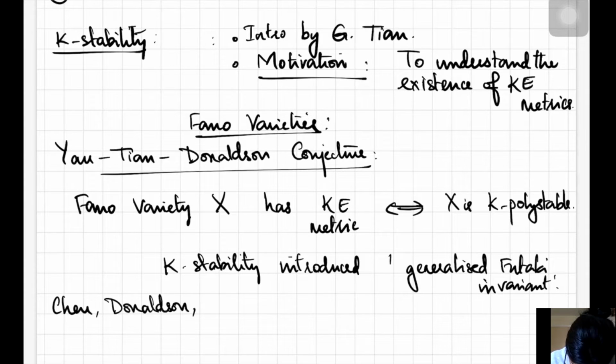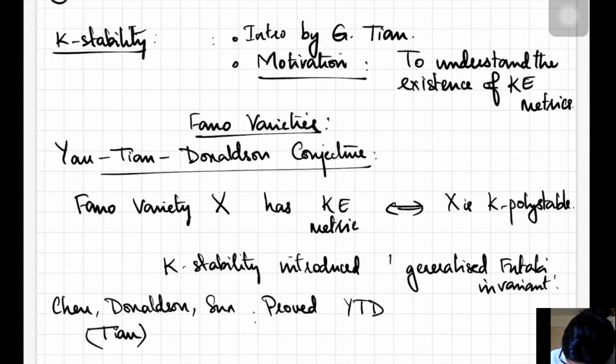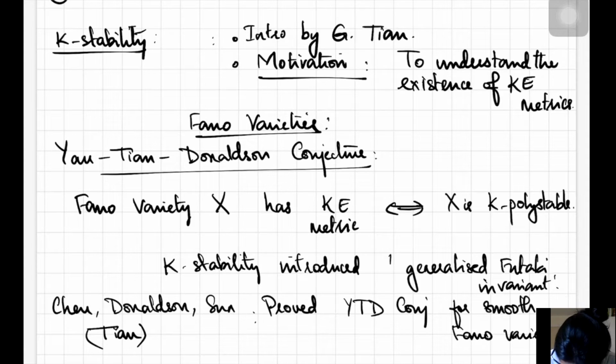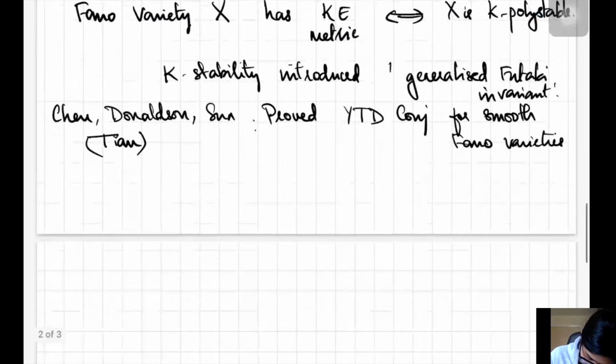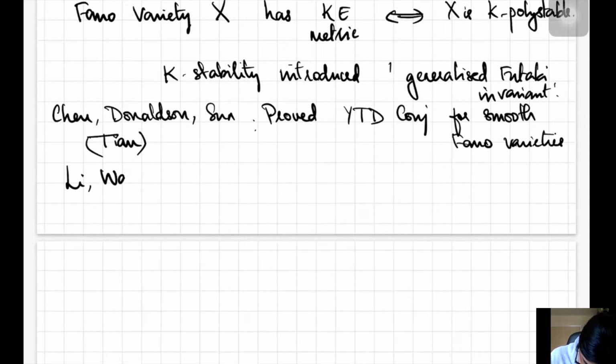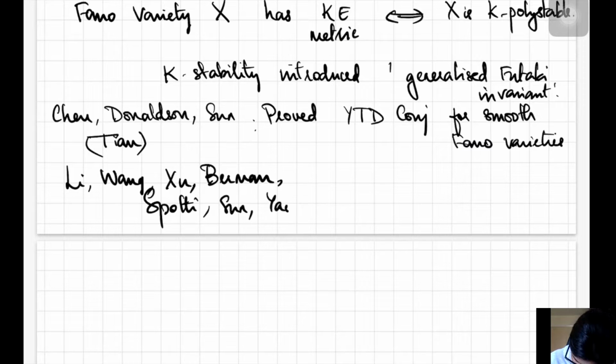And so the breakthrough here is that Yau-Tian-Donaldson and Sun, I think Tian too, proved the Yau-Tian-Donaldson conjecture for smooth Fano varieties. And this was followed by Li, Wang, Xu, Zhu, Berman, Sun, Spotti, and Yao. It's a lot of people, all of them contributing towards proving this